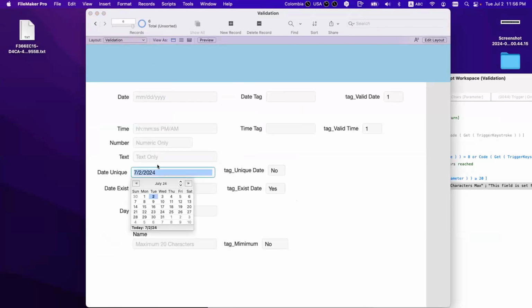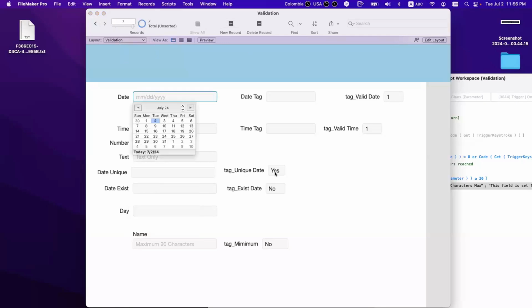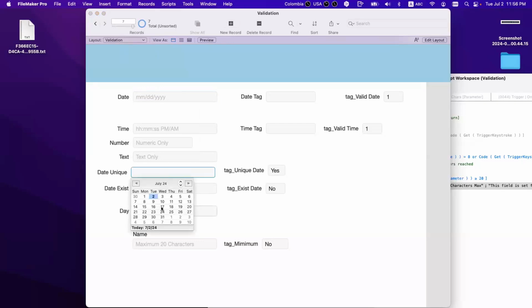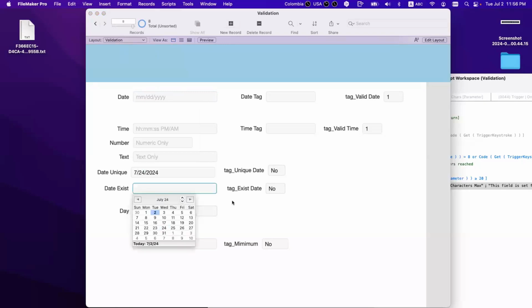No, because I have 4 of those. Okay, so if I create a new record and I say 24, yes, it's unique. It didn't find it. If I create a new record and I say 24 again, well, it's not unique anymore. Big advantage of this technique, right?